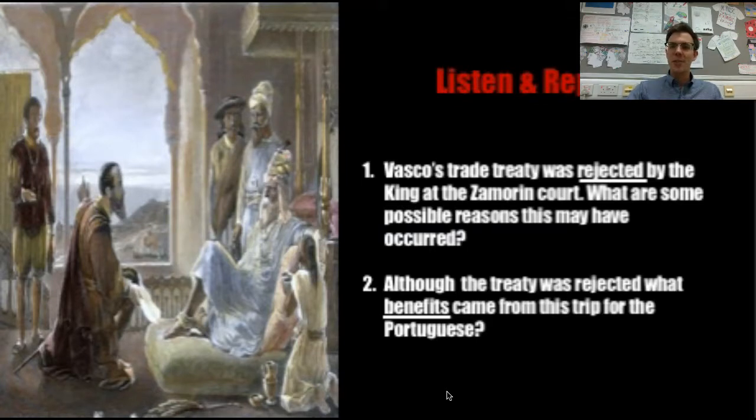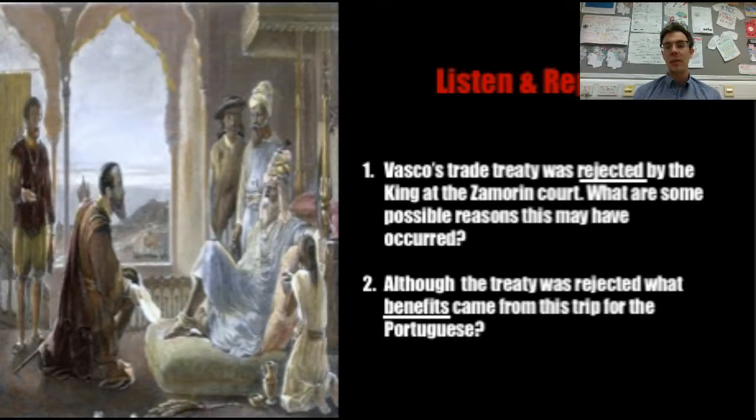However, the major reason why the Zamorin court did not make a trade agreement with the Portuguese was, one, they didn't need it, right? India was doing very well. It was already very wealthy. It was exporting a lot of goods and making a lot of money through the Indian Ocean. And also, Muslim traders still held a very considerable amount of influence in that Zamorin court, and so they definitely influenced the king's decision, as he didn't make a decision right there in front of Vasco da Gama. It came days later,